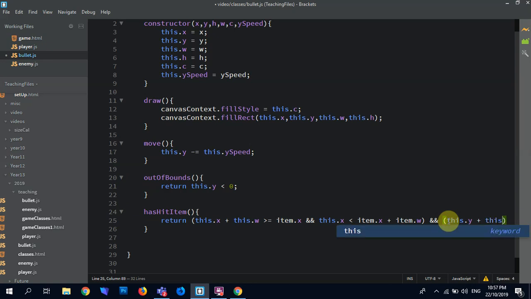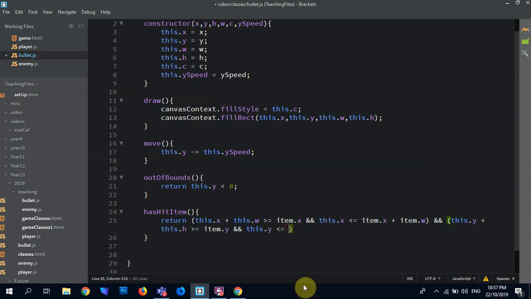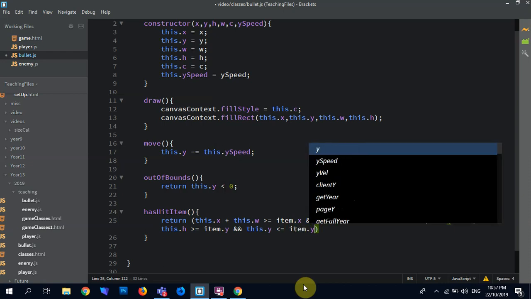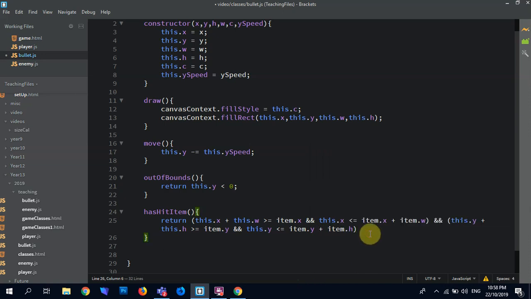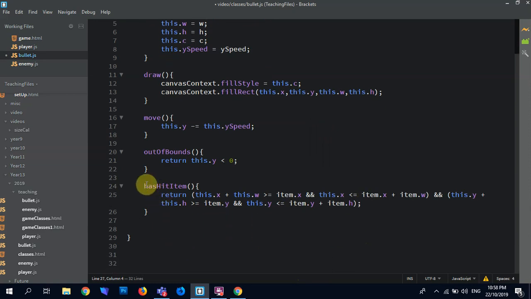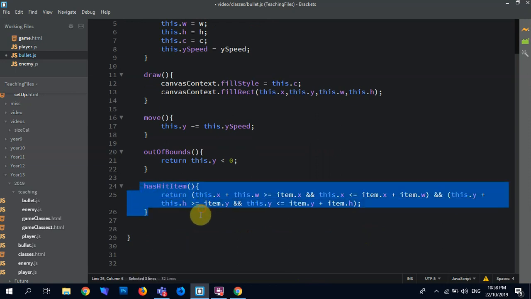so this.y + this.height is greater than or equal to item.y, and this.y is less than or equal to, oops, missed the equals to there. You'd probably get away with less than without the equals to, but it's just a little bit more accurate. Item.y + item.height, semicolon for good luck. Right, so we're basically returning whether there has been a collision with an item of some description,